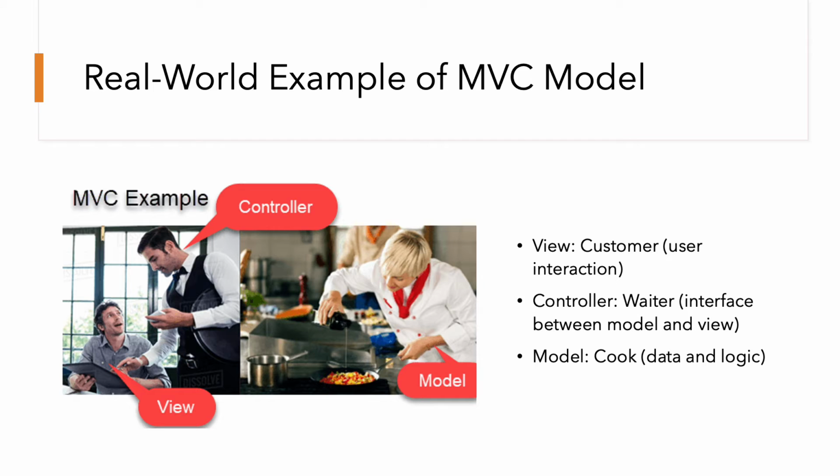One way to look at the MVC architecture is to think about the interactions that go on in a typical restaurant. A customer typically waits for the waiter to come to them. They order the food from the waiter, who promptly writes the order down and then proceeds to the kitchen to deliver the order to the cook. The waiter does not prepare the food. The cook prepares the customer's food. The cook finally hands over the prepared food to the waiter, and it is the waiter's job to move this food from the kitchen to the customer. This example makes it easier to relate to the three components and how they might function. In the next slide, we will look deeper into the functions of each part of the design pattern.